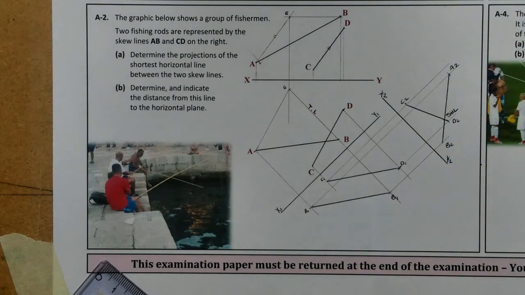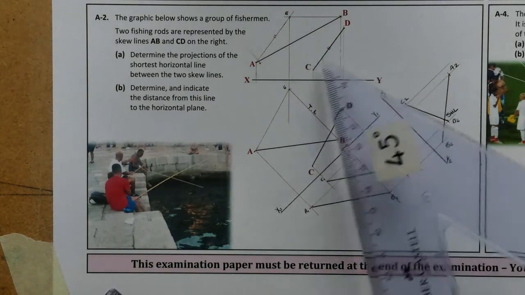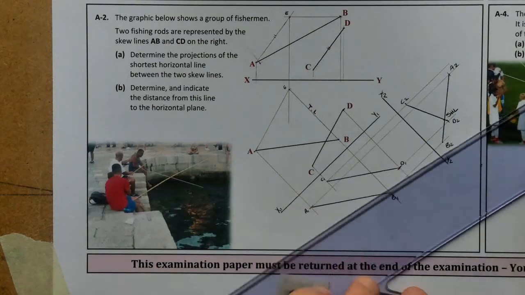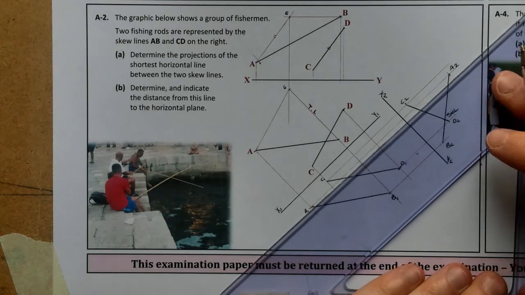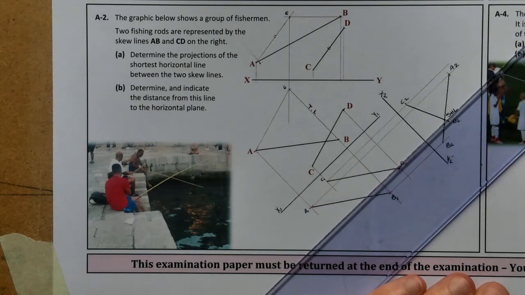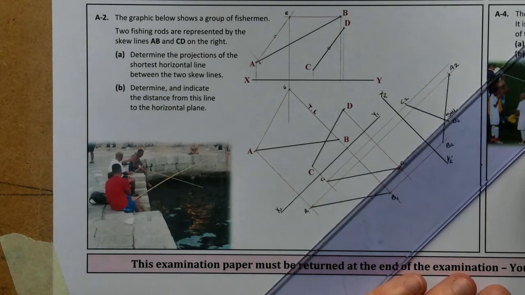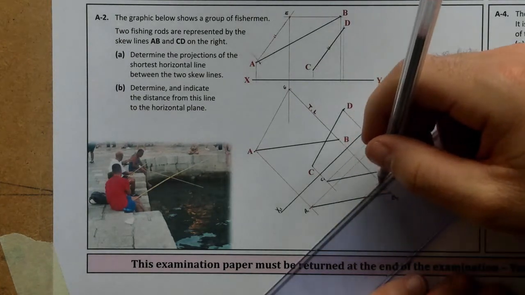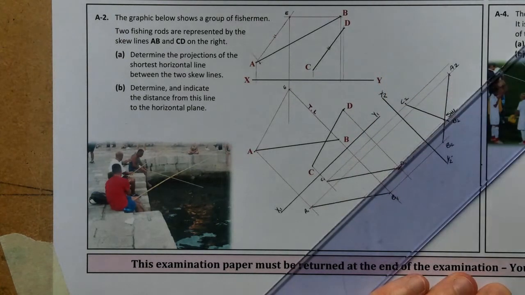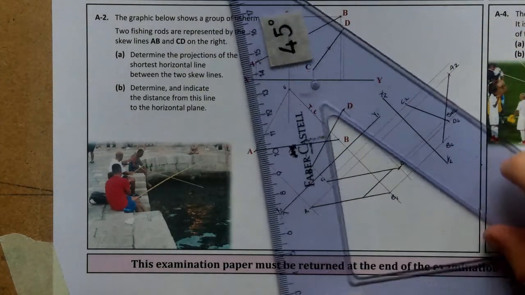So now what I have to do is project that back into all my views to find it up here in my elevation, and it should be horizontal with the XY line, or parallel I should say. So working backwards, we're now going to project back parallel to the way we projected. So our shortest horizontal line, try not to slip as I've been doing. So that will project back there. That's actually going to give me a point on my AB line. And now if I rotate it this way,